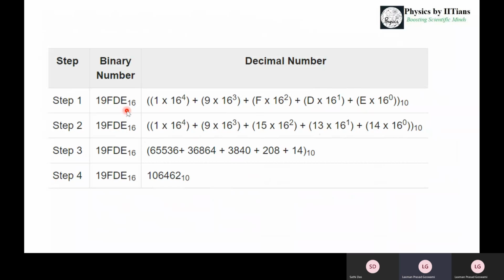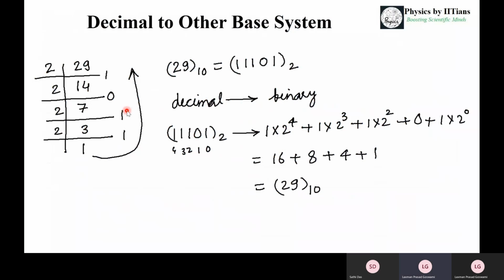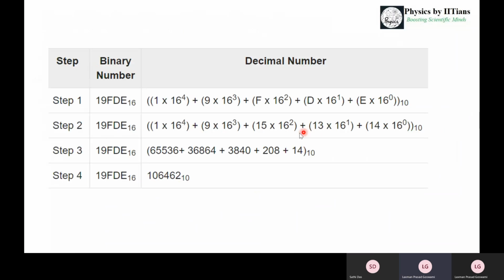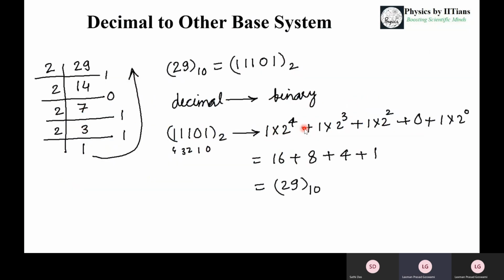This is the basic of converting any number system into the decimal number system. So now we can have our conversion from decimal to other number systems. Like if we want to convert a decimal number into a binary number system, suppose we want to convert 29. So what we will do here, we were multiplying with the corresponding base for hexadecimal, octal or binary, but here we will divide. Suppose we want to convert 29. So we will divide it by 2.